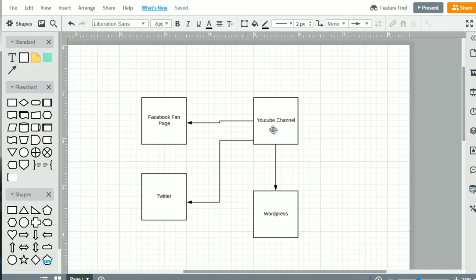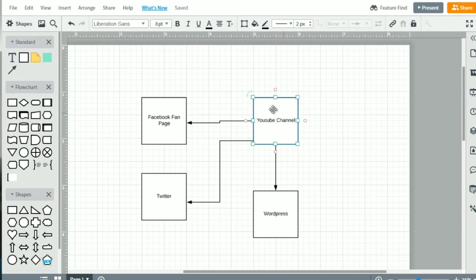So as you can imagine, you've got the centerpiece here. You've got different social media platforms that are posted. Now, there isn't necessarily a set rule where you have to post it to X amount of social media properties. It can be 5, it can be 10, it could be 20, it could be different social media platforms. But in order to execute this correctly, you will need to make sure that the platform we use to automate this process actually supports that specific social media platform. So essentially this is what works.